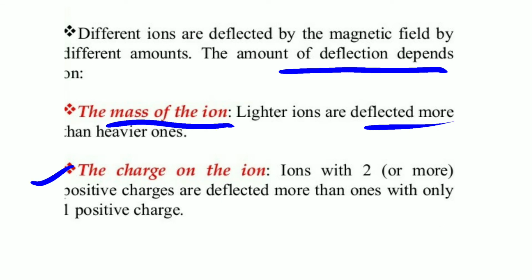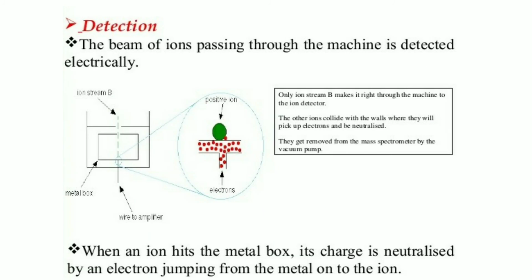The ions with two positive charges are deflected more than those with only one positive charge. Why? Because the ions having the plus 2 charge have a low mass, and that's why they are deflected more. After deflection into different streams, they transfer to the detection chamber, where the beam of ions